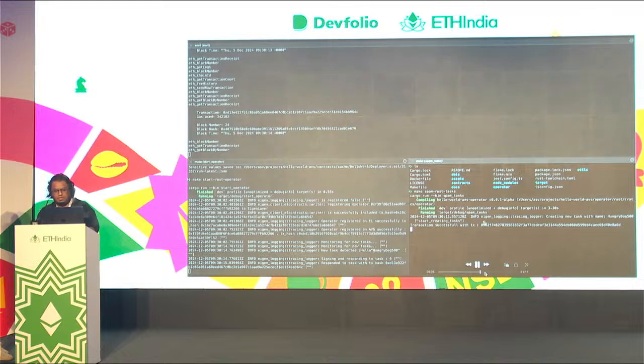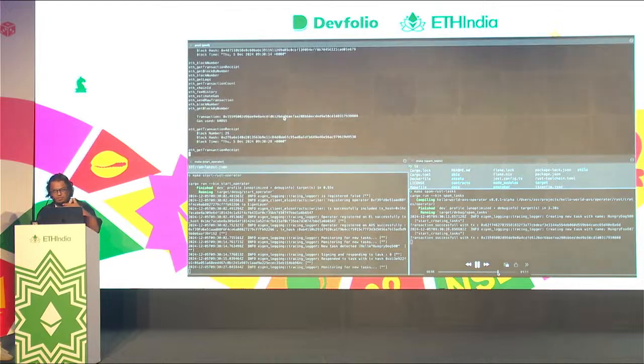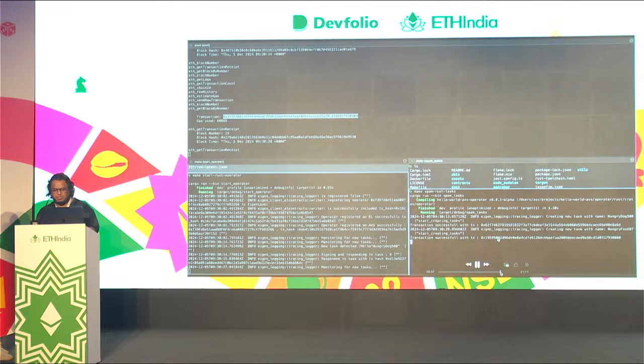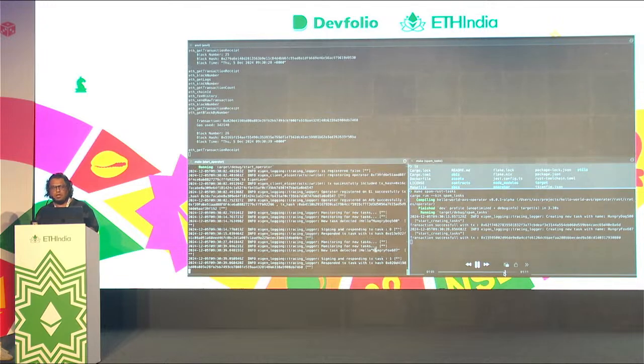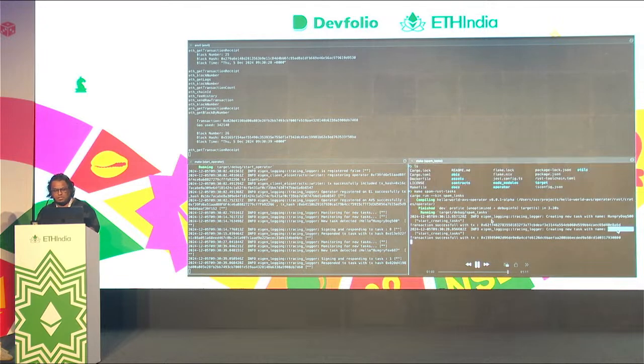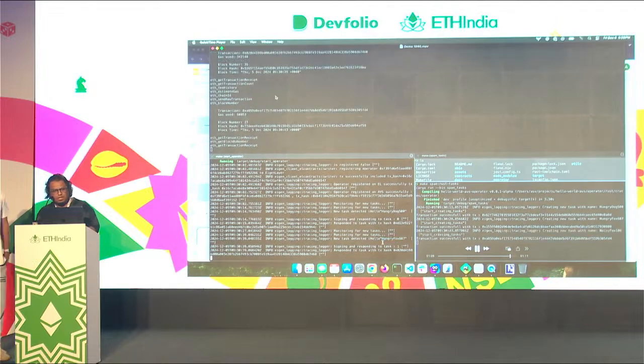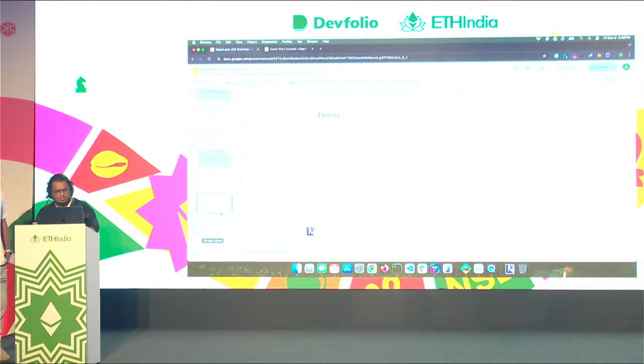So we run this for a while, and this can be a long-running service, and it depends on you and how you want to define your AVS. So I'll go through the code on what this looks like.